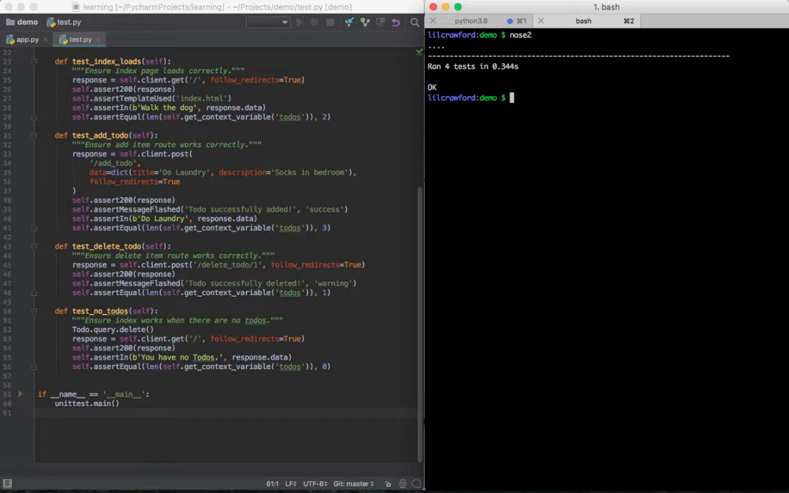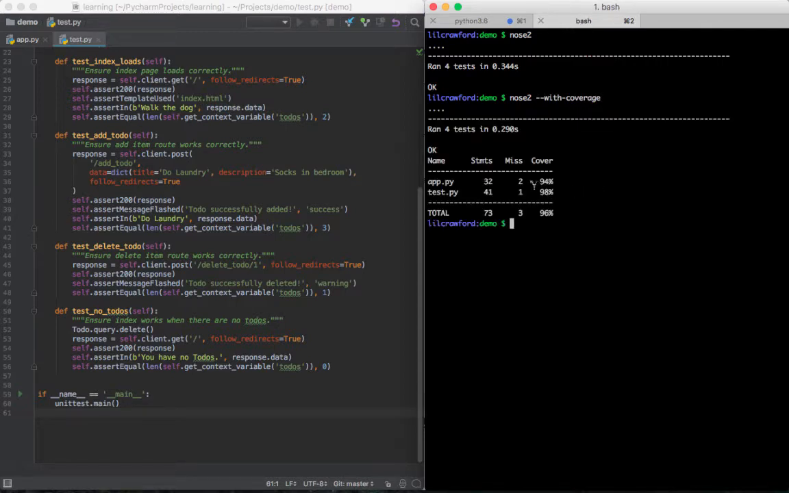We can also do test coverage as well. So nose2 --with-coverage. There we go, we're only missing 2 lines in our app.py file. Anything above 90-95% is normally very good. So we can actually see exactly which 2 lines we're missing with